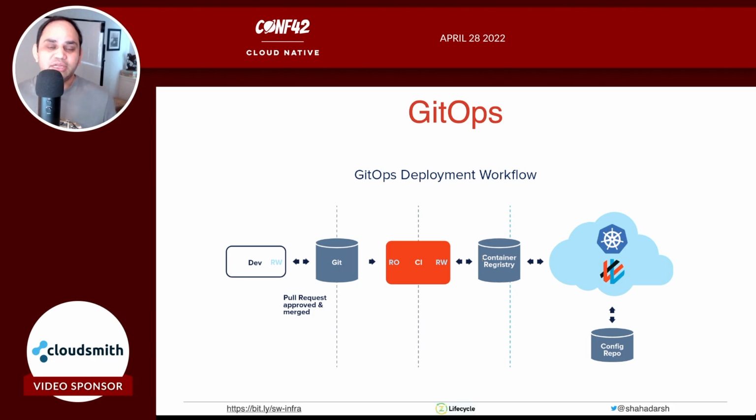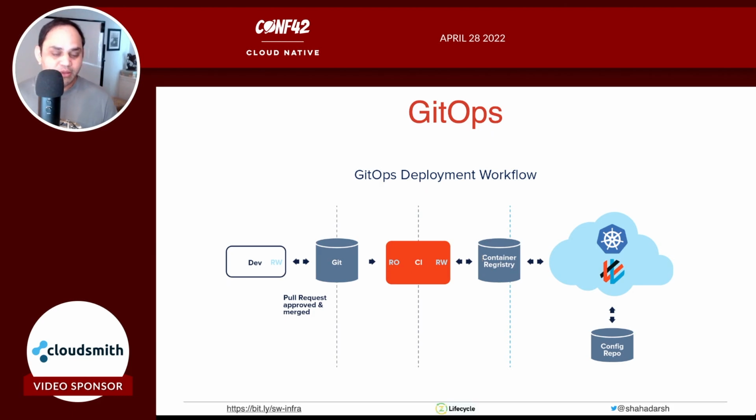As you can see on the left, you have your dev environment. Let's say you create a pull request, it gets approved and merged to Git, and then it picks up the change, you run some CI, and then eventually you push your changes to the container registry, and then from there it gets deployed to your